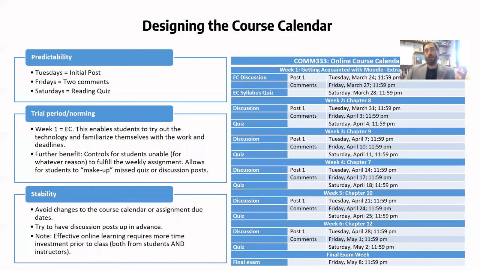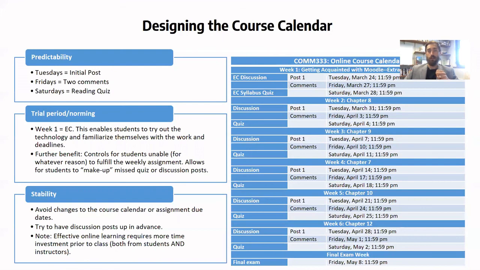Now, one tip that I'd highly recommend is setting up the first week as a trial period or an extra credit week. Here, basically, you offer extra credit for those who complete a substantive discussion post and perhaps a syllabus quiz using the normal deadlines, which in turn helps students familiarize themselves with the learning management system or online tools that you're using. In addition, it also allows them an opportunity to receive some feedback from you in a very